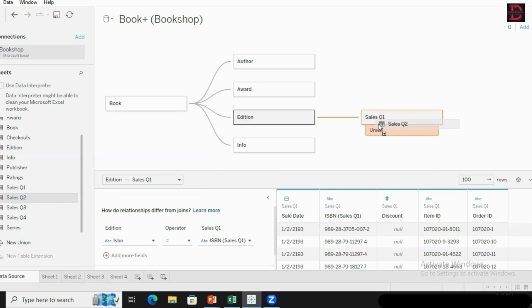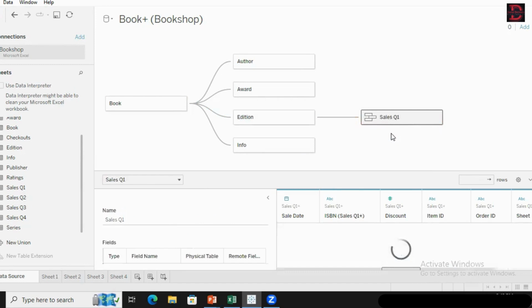As I've dragged sales Q2 over sales Q1, it is giving me an option of union here. I'll drop my table here. Now you will see this union of sales 1 and sales 2. And if I double click here,